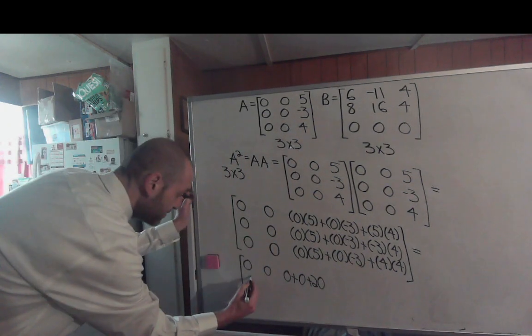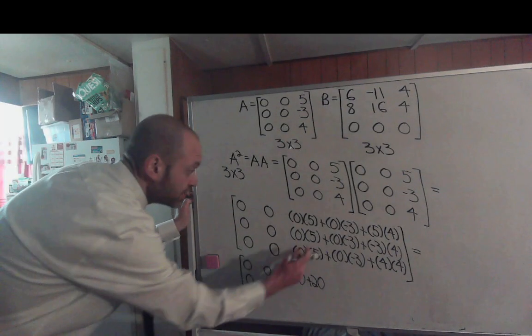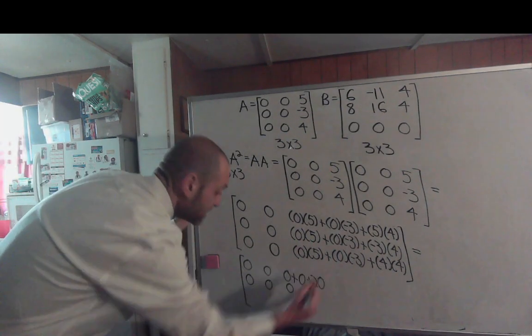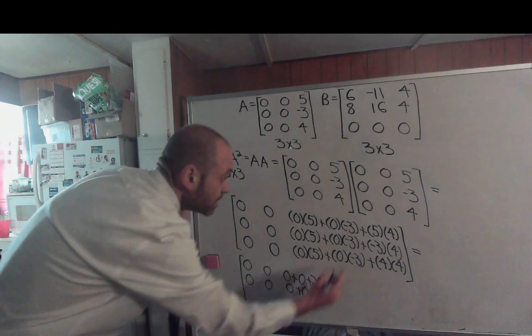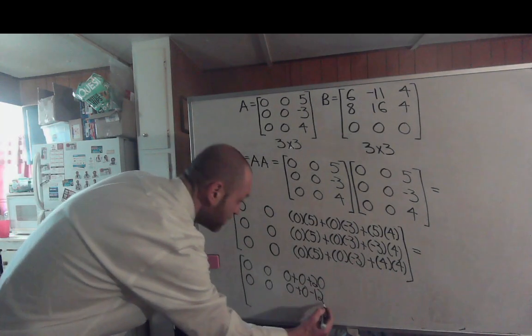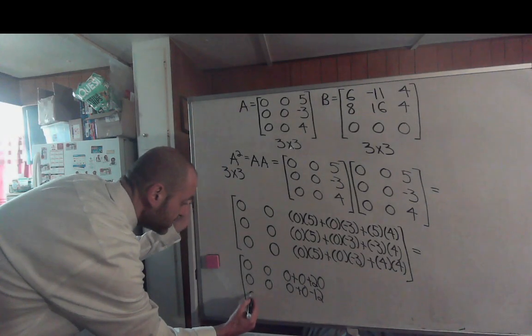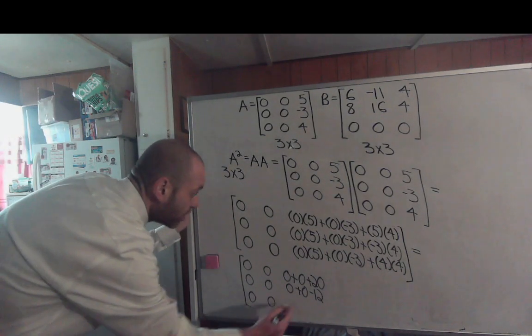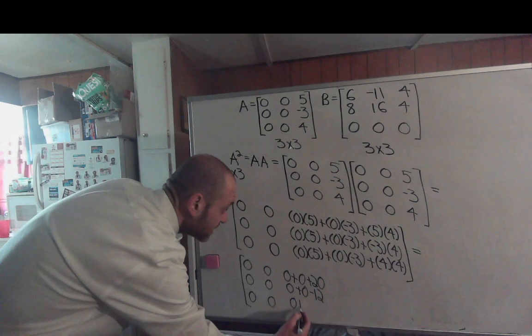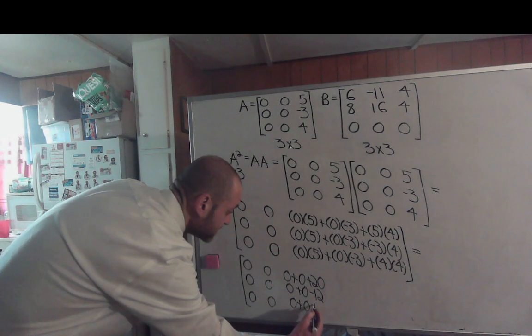Alright, then you'll have 0, 0, and then you'll have 0 plus 0 minus 12, and then you'll have 0, 0, 0 plus 0 plus 16,